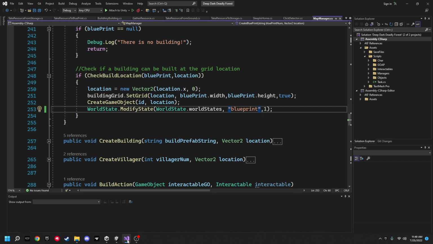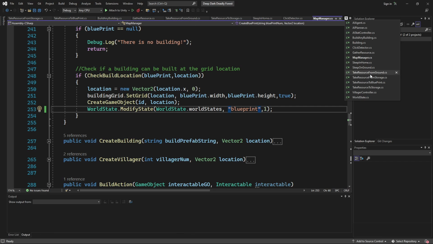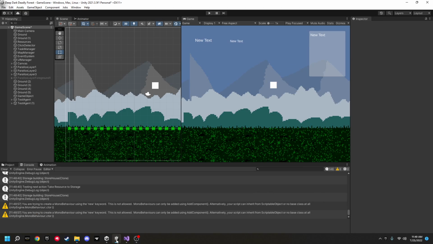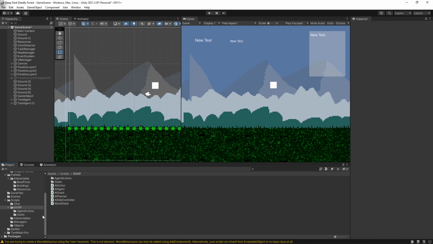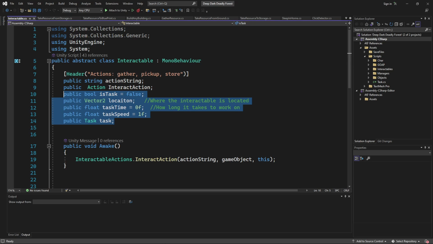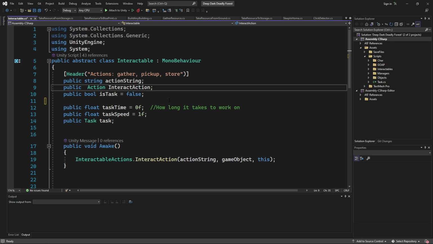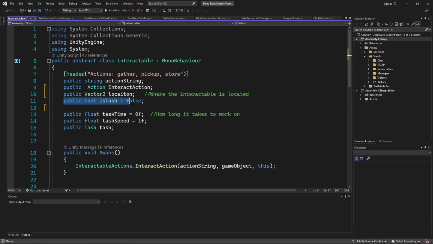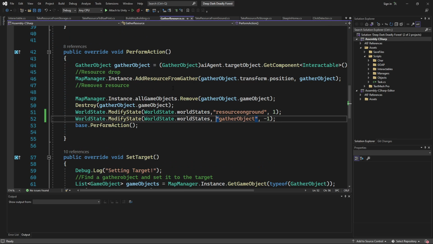So I think in our interactables, and maybe we already have this. All of this is going to get taken away. We could technically use this as task. So how do we do that? We have to go into all of these targets and let's just test it out with the gather resource action.